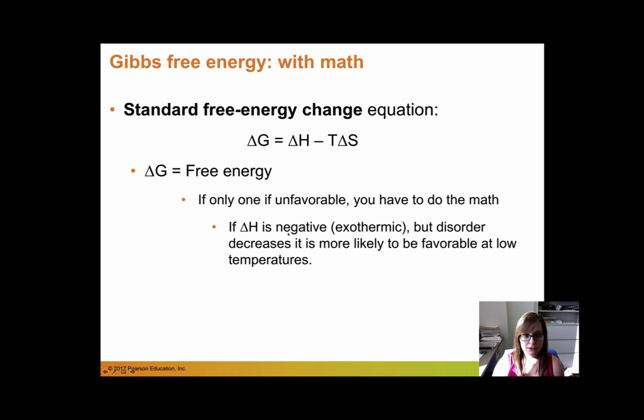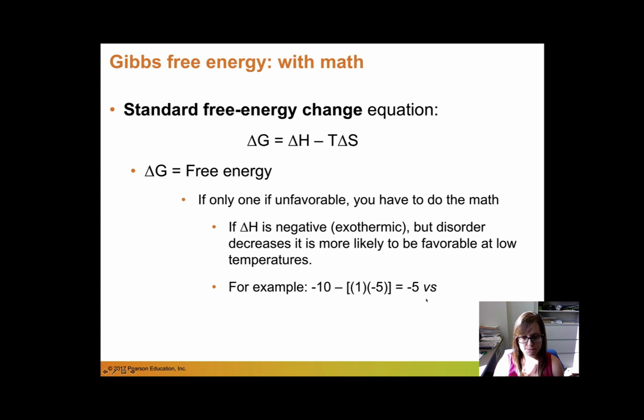If it has a high heat content, so that delta H is negative or the reaction is exothermic, but the disorder decreases, then it is more likely to be favorable at low temperatures. So this is just another example. Here we have this reaction occurring at 1 degree Kelvin, so -10, we have a negative value because it's exothermic for the enthalpy, and then minus -5 equals -5. So this reaction has a negative delta G,